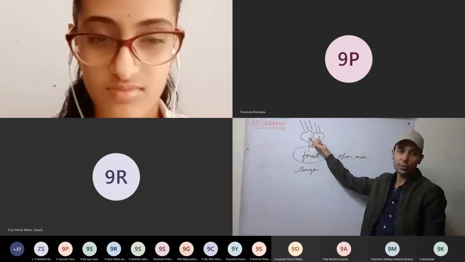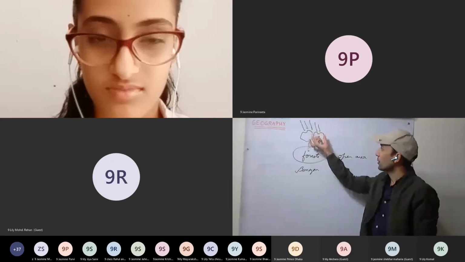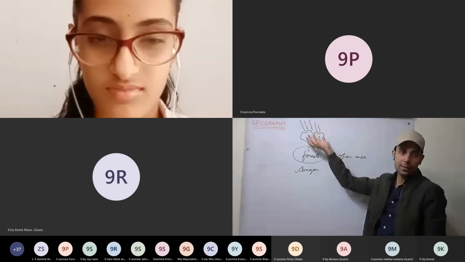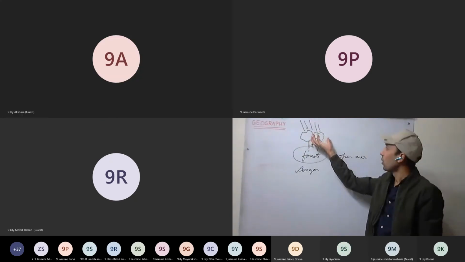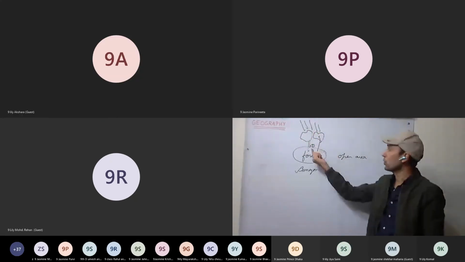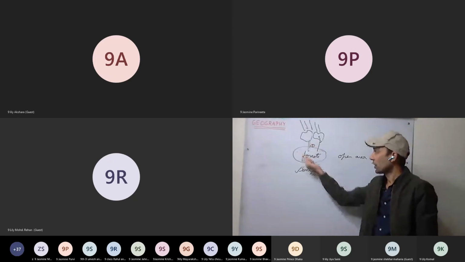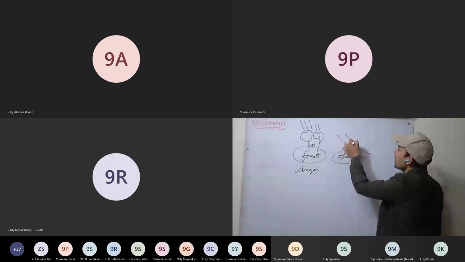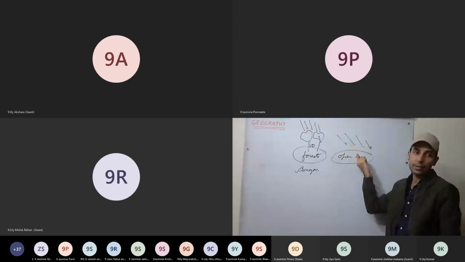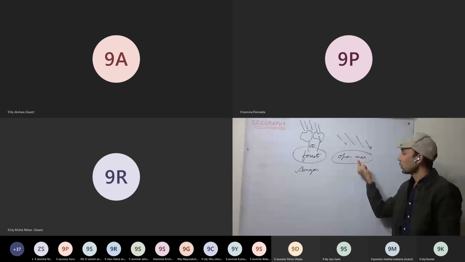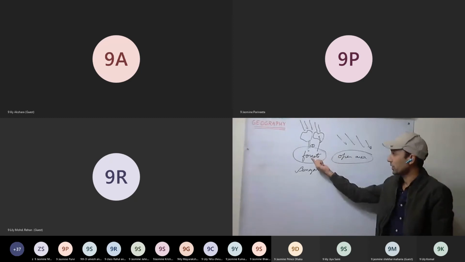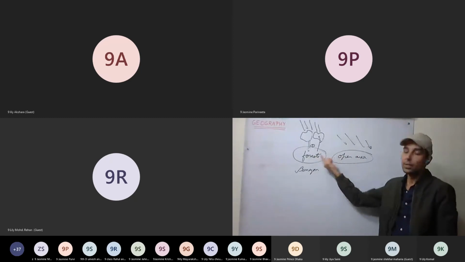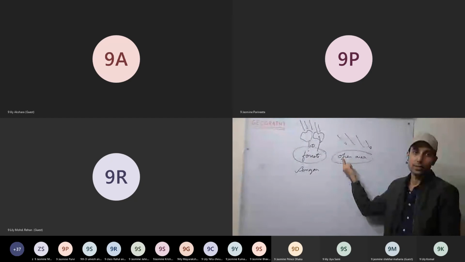So we call it evapotranspiration. Because of that, water vapor will be there. It absorbs the heat, or we can see foggy conditions here. So there is very little variation of temperature here in the forest. Whereas in the open area, the ground is open to the sun rays. So the ground gets heated, and there is more rise in temperature here as compared to the forest area. This is how vegetation affects the variation in temperature.